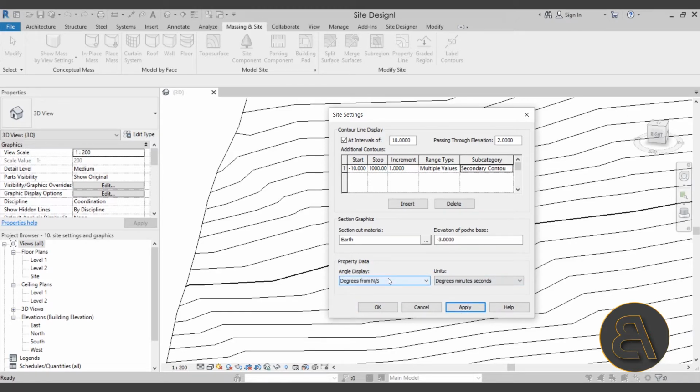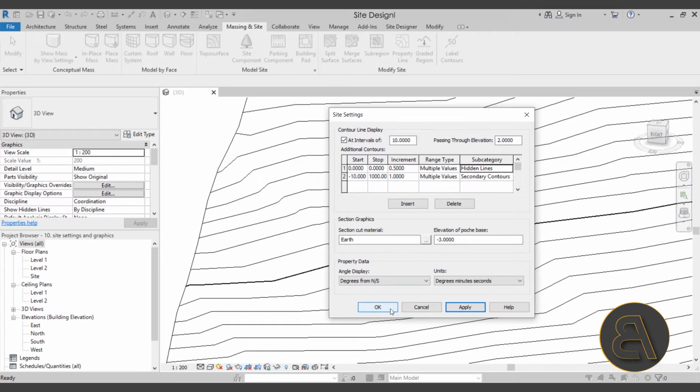Now, one more really useful thing is to see what else we can add here. We do have the option to add hidden lines. So maybe if we insert another layer here in this table, and then of course let's make sure to change the single value, because we don't want a single value, we want multiple values, so it would repeat across the whole topo surface. Now, once we've set that up, maybe we can set the increment at every, let's try 0.5 meters, and here we can set this up to hidden lines, hit apply,